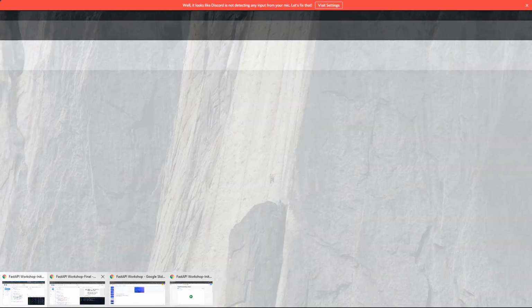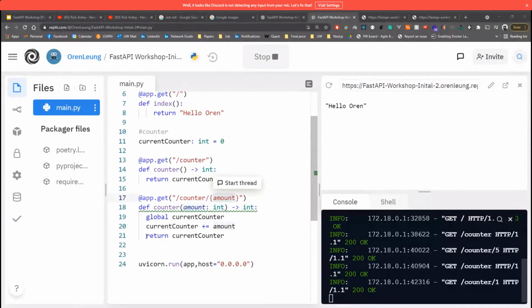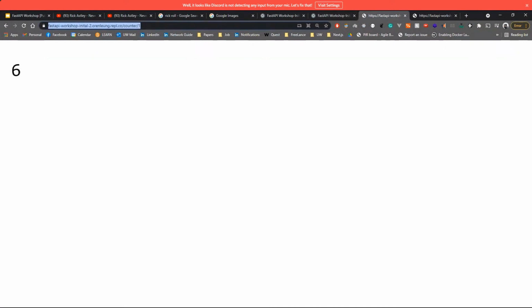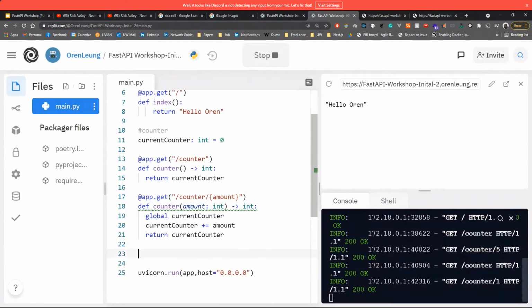Does anyone recall what are the two types of things that we talked about at the beginning? First one is a path. The second one is a query, right? Let's say we want to increment this via a query instead of via the path where we just put the number at the path. All right, so what we're going to do is we're going to click the decorator